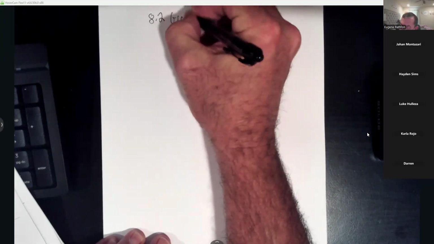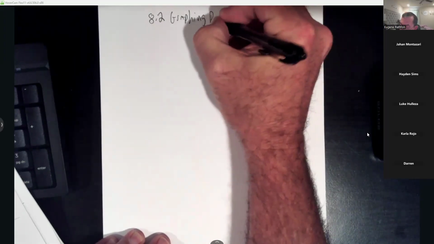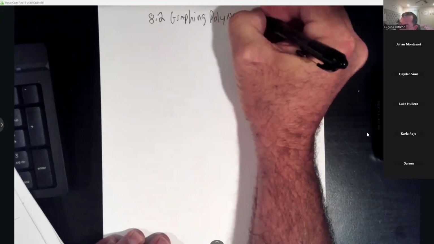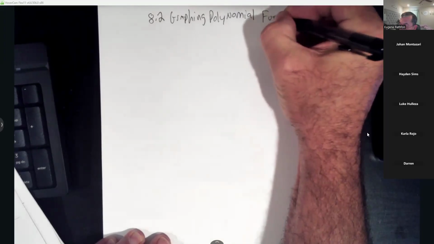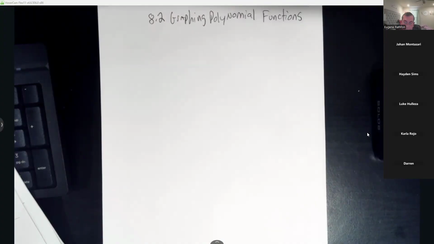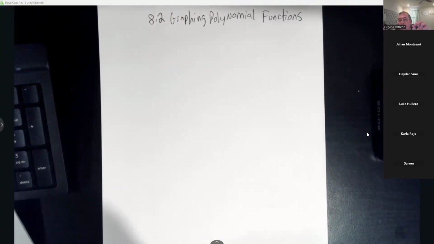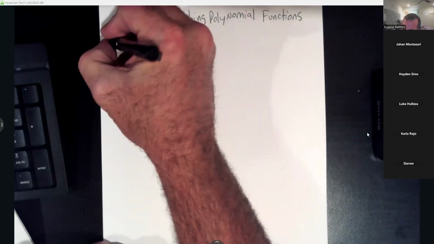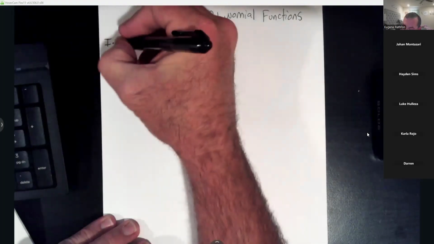All right, y'all, like I said, 8.2 is going to deal with graphing polynomial functions. We're going to start off with how we can tell what the maximum real zeros, the maximum x-intercepts, and the maximum turning points are for our graphs. So, y'all, the first thing is how to tell what the maximum